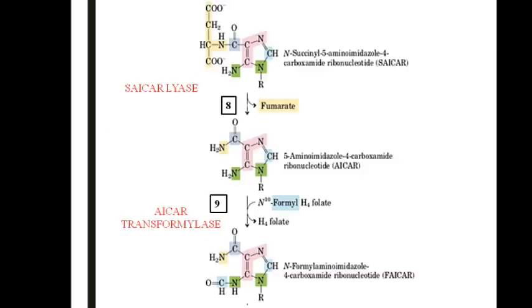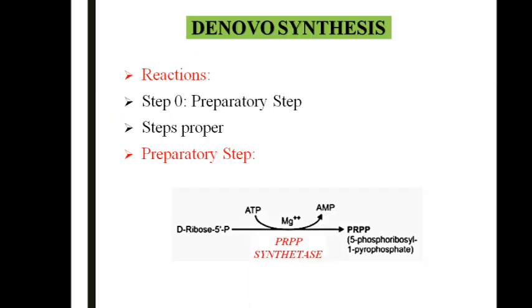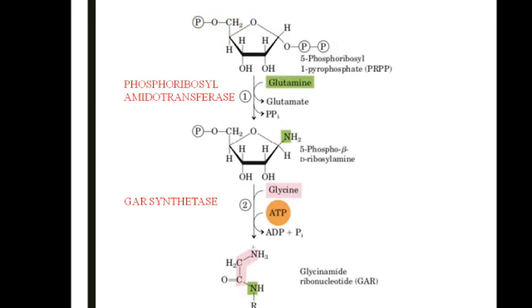So I hope you all understood this. And coming to summarize again, the initial step is catalyzed by PRPP synthetase. Ribose 5-phosphate as a prerequisite gives rise to PRPP. In the first step, again it is contributed by the glutamine, which is going to give rise to the amino group of the purine ring, with the help of the enzyme amidotransferase. In the second step, glycine molecule is added, which is going to give rise to C4, C5, N7 of the purine ring. The enzyme name is GAR synthetase.